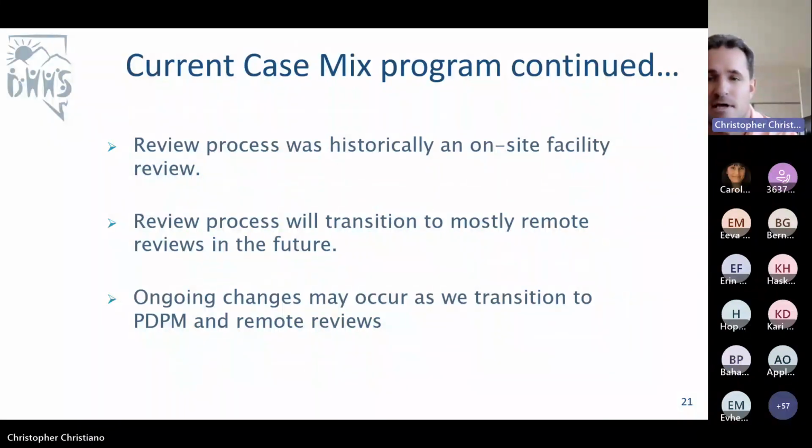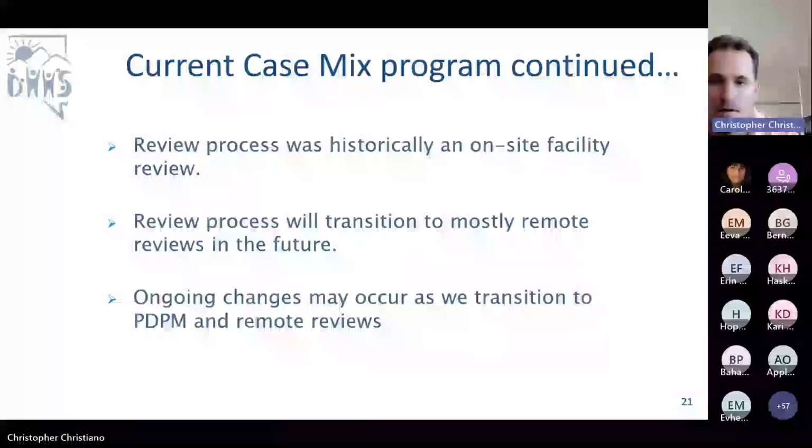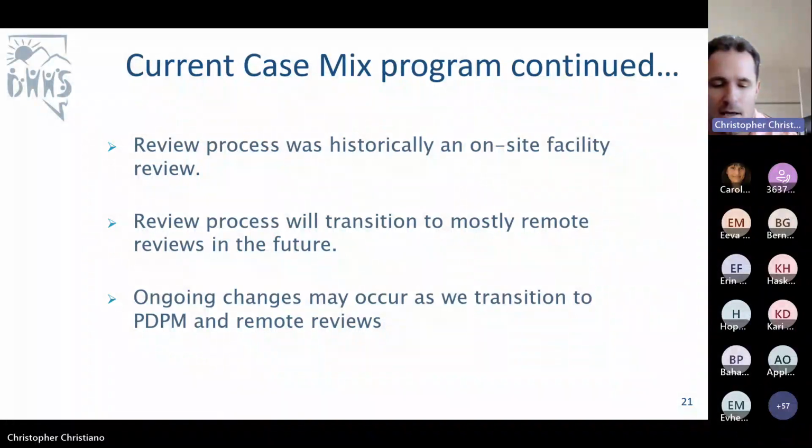Slide number 21, current case mix program continued. As I've mentioned, it was historically an on-site review. If for some reason we are directed to start reviews in October and we do not have the ability to do remote reviews, there may be a chance that we continue to conduct on-site reviews. But our plan is, of course, to go to the remote review process, okay?